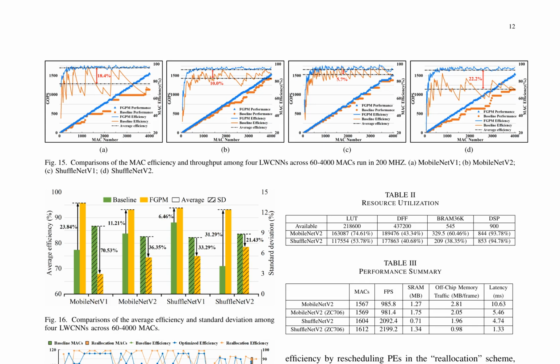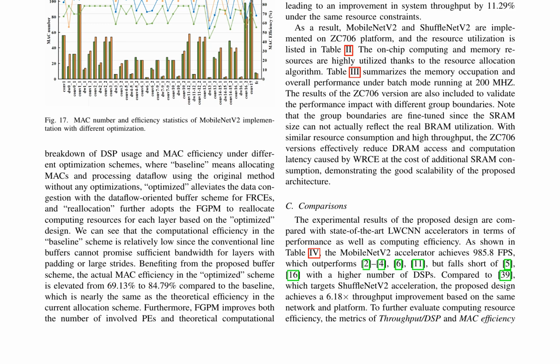The paper also provides detailed implementation examples for MobileNetV2 and ShuffleNetV2 on the ZC706 platform, highlighting the effectiveness of the balanced dataflow strategy and the FGPM in enhancing computational efficiency and reducing resource utilization. The comparisons with state-of-the-art LWCNN accelerators show that the proposed design outperforms several existing solutions in terms of performance and